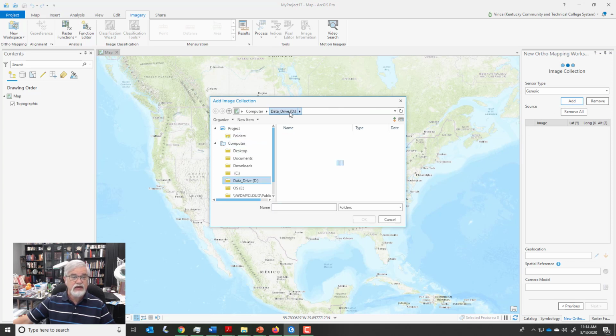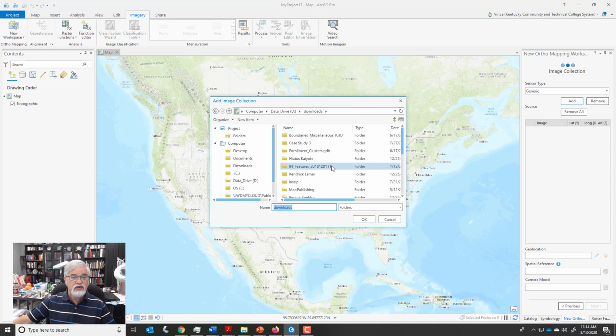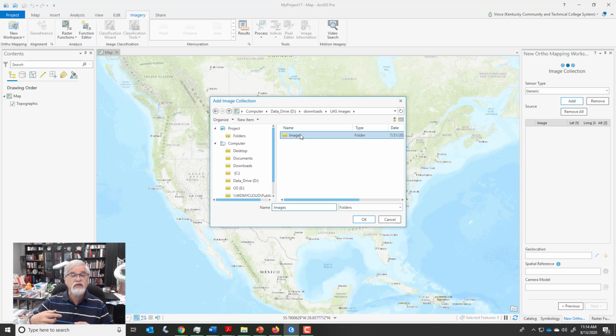So it's on my data drive, in downloads, and we need to find the data here. UAS images, open that, and we'll click on the image folder, but we won't go any farther than this because we want to know where all the images are located, not just a single image. We're going to click OK,